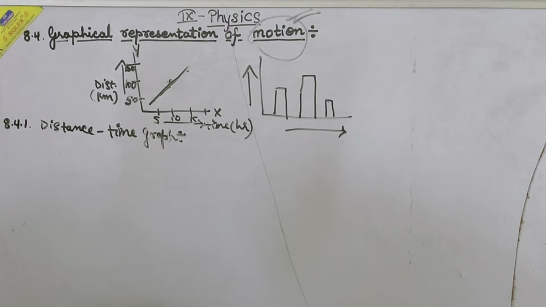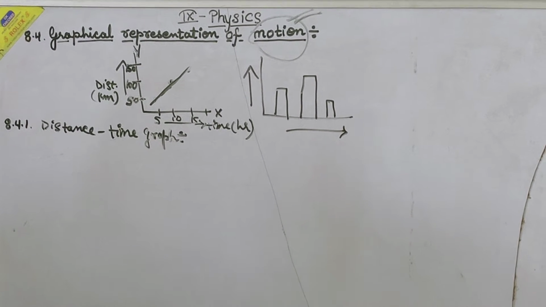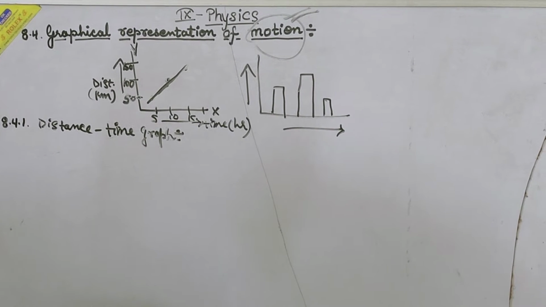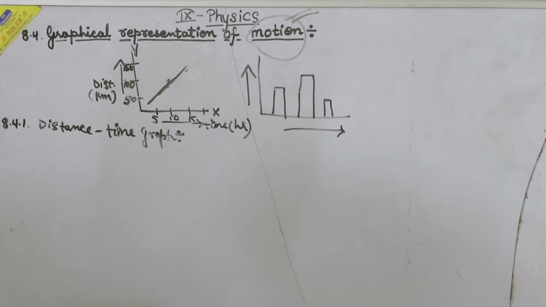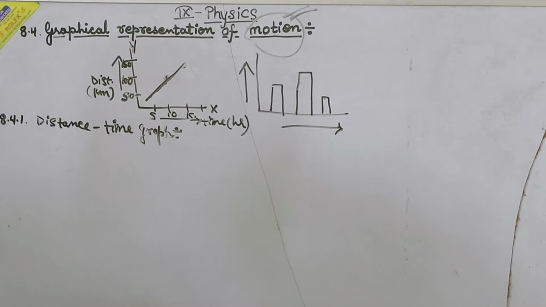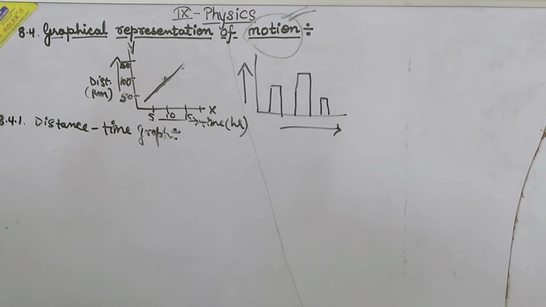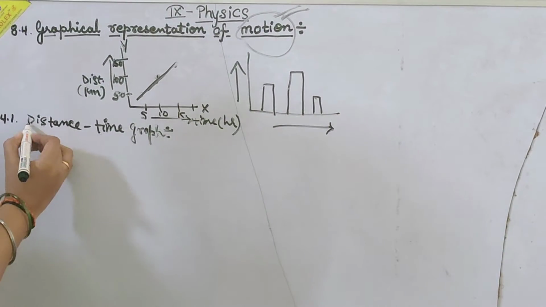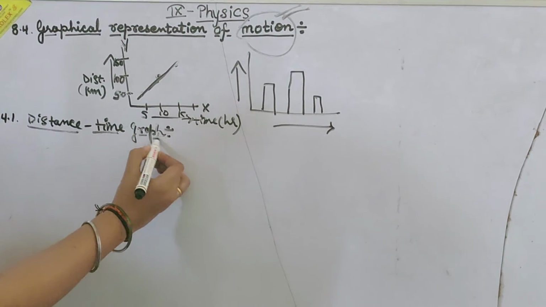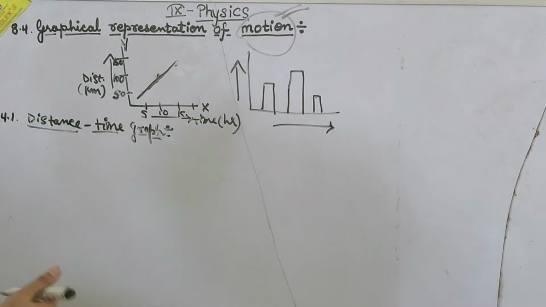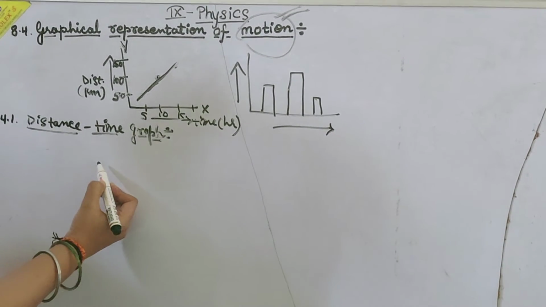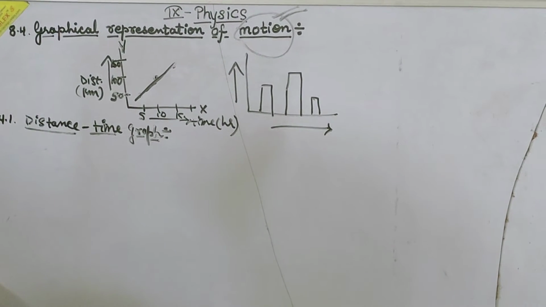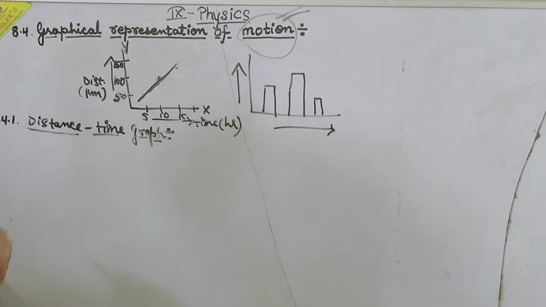Is this clear to all the students? Yes, ma'am. We know that when an object travels equal distance in equal intervals of time, it moves with uniform speed. We already knew the graph. Did you understand this topic, the distance time graph? Yes, ma'am. The figure is given in the book in figure 8.3. It's like this only, the figure is the same, and that is true for uniform speed.